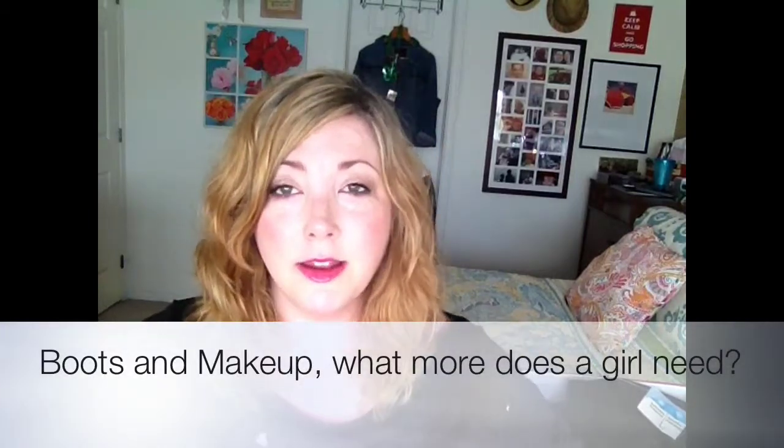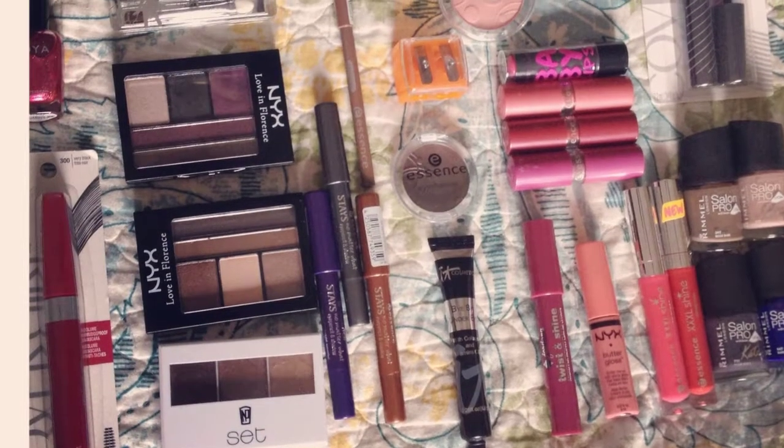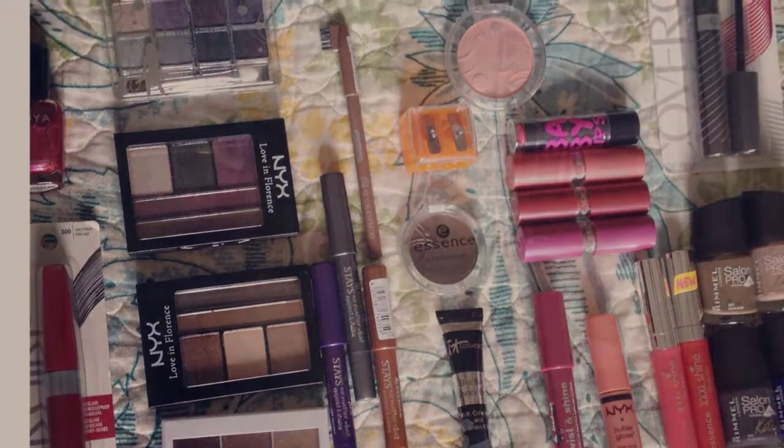Okay, so I snapped a photo of all the makeup that I've bought recently and posted it on Instagram and Facebook, and people said they would like to see a haul, so that's what I'm here with. Now, some of the stuff that was in the photo I actually showed in a quick little drugstore parking lot haul that I did, because a lot of it was Essence stuff, but I took a big photograph. So I'll just show you the stuff that I did not show in that video so that I'm not repeating